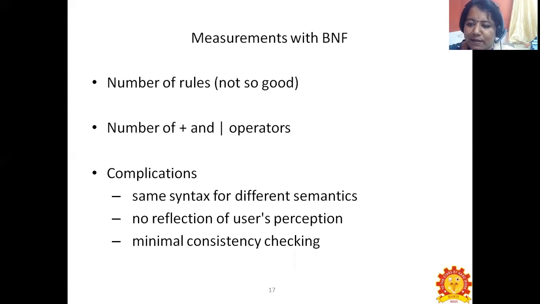So the first is the number of rules, the second is the number of plus and pipe operators, and the third is the complications: the same syntax for different semantics, no reflection of users' perceptions, and minimal consistency checking.